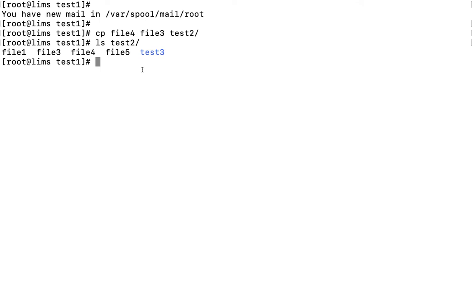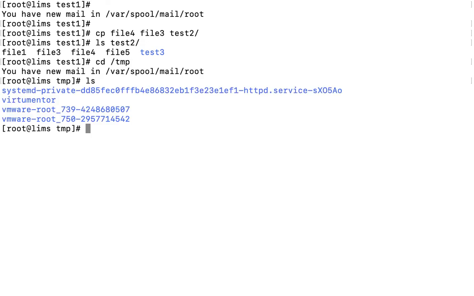We'll do slash tmp, and here we'll create a directory test, cp underscore test.